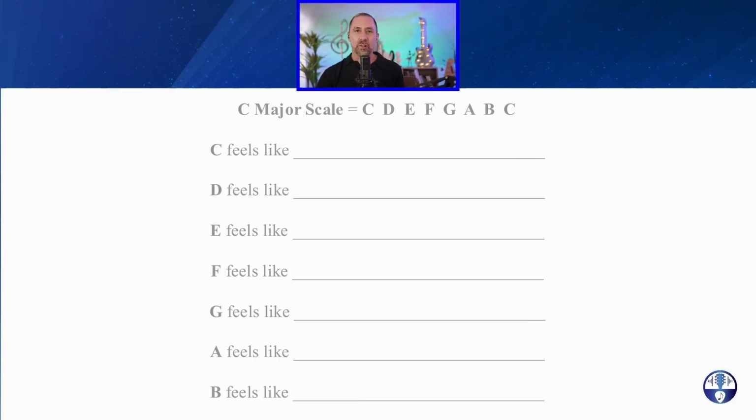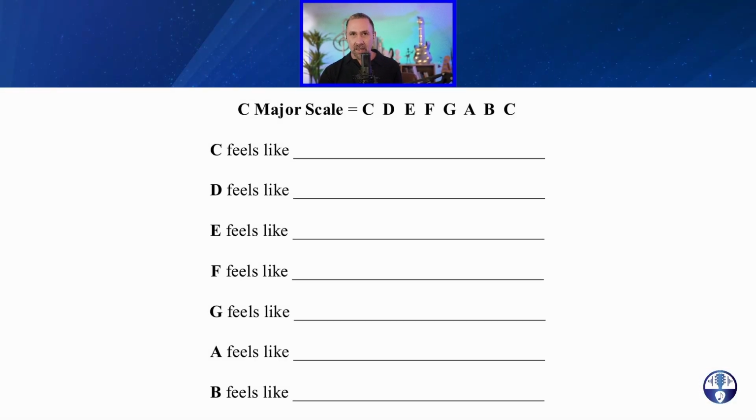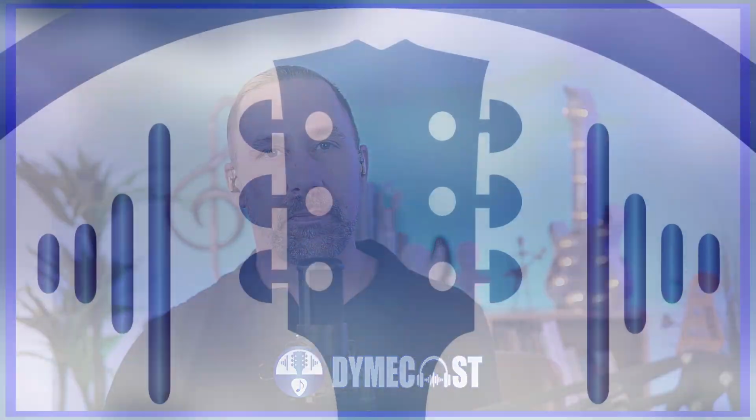So the first step in tonal hierarchy is to make a list of the unique emotional characteristics that are associated with every note of the scale. And you can take as much time as you need to do this. It's all about trying to really define the unique characteristics of every single scale step. Eventually, you should be able to recognize the defining characteristics of each scale note by ear the moment you hear it. And a great way to get to that point is to practice singing each note of the scale.